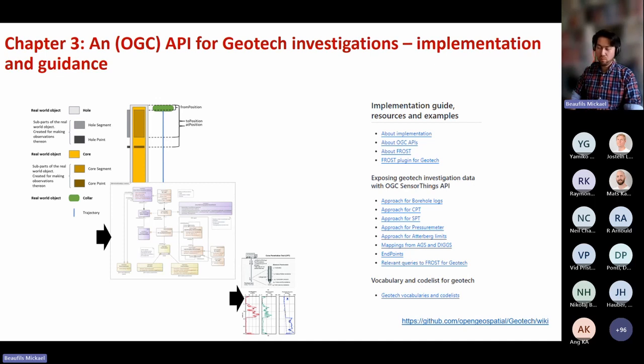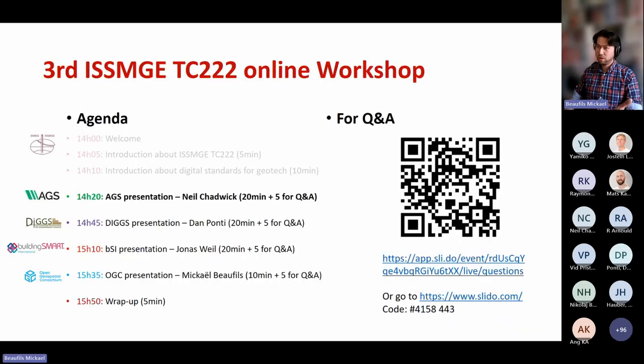So there was the development of an API, or more exactly, extension of existing API in order to do that. And we tried with people from HGS to see how it can fit, how they can be used in order to facilitate the provision of geotech data. So that's it for my introduction of this topic of digital standards for geotech.